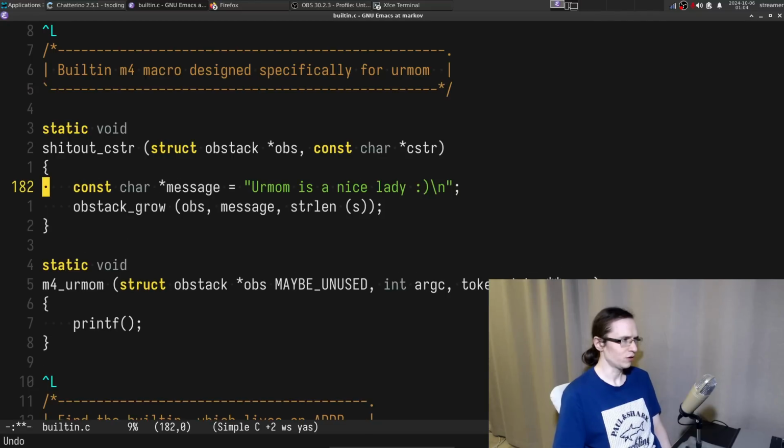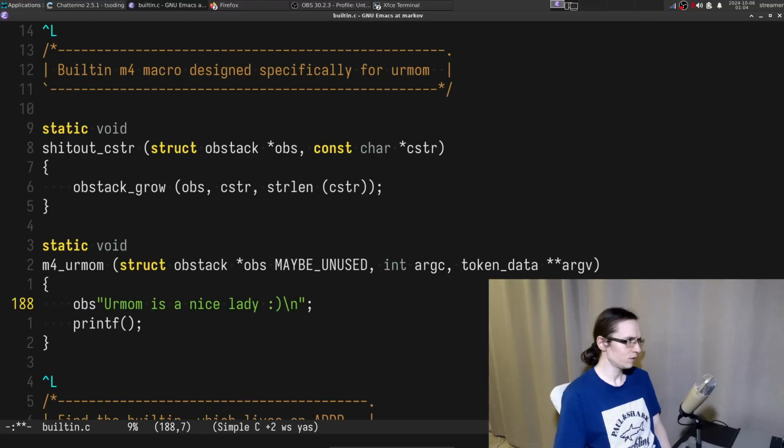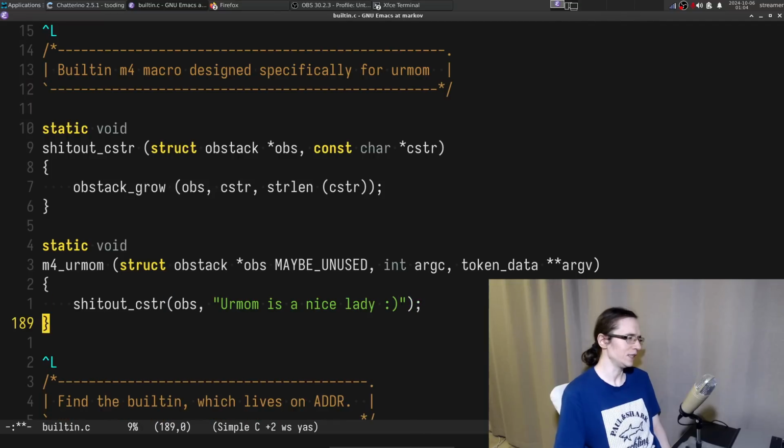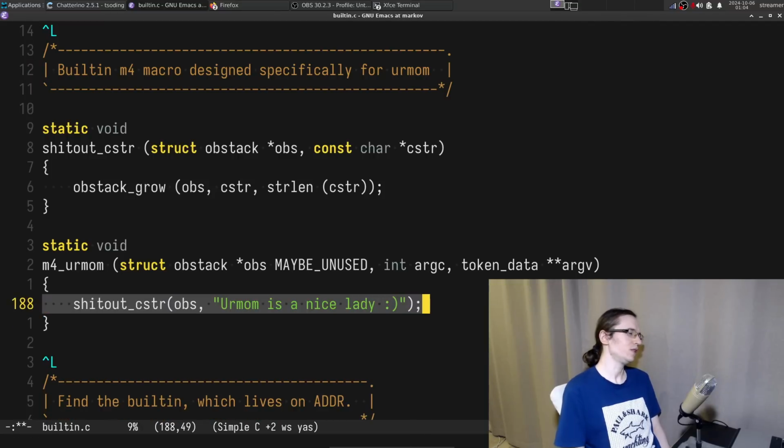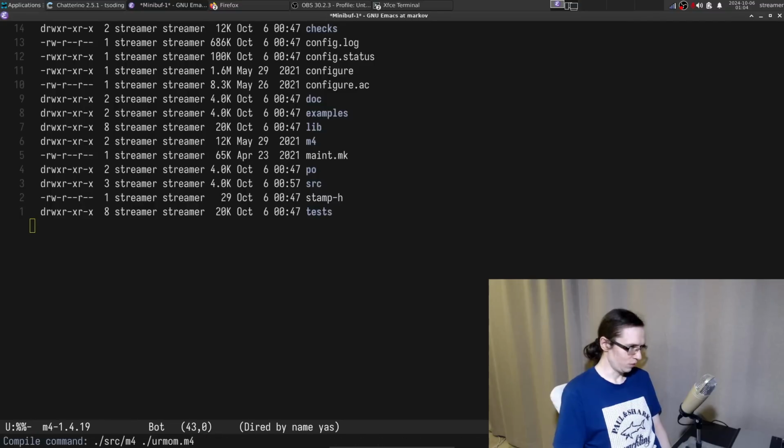Wait a second, we lost the your mom message. Let's bring it back in here. So string and string, and then we can just call obstack ship out string obstack like this. We don't even have to provide a new line, I think. All right, so shipping out your mom.